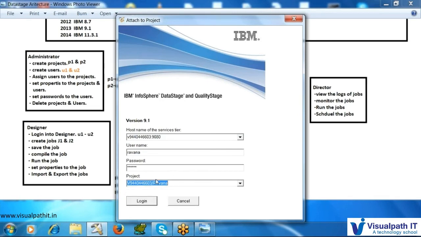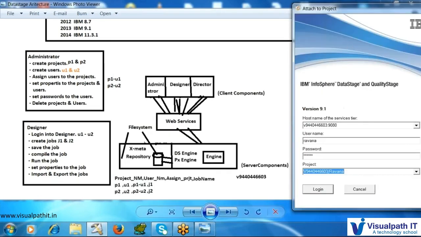How is this list of projects shown to me? Because the request goes from the Designer to the web service to the engine to the database, and it checks whether this user is a valid user or not, and whether he can access this project or not. Once he is a valid user, it will show me the list of projects.